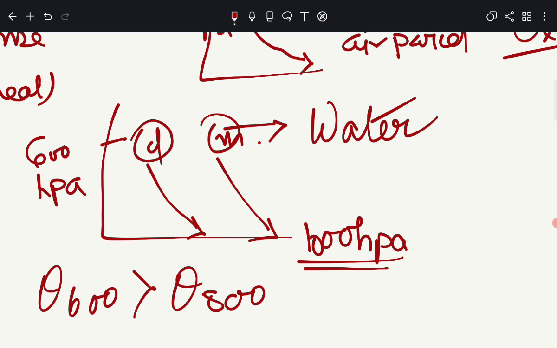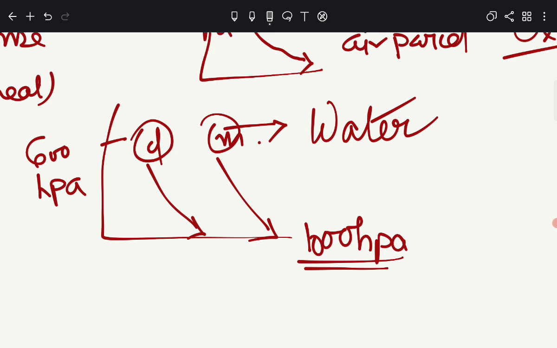It is comparatively higher because of the pressure change. So if you just bring this down, whatever temperature it attains due to the pressure change is the potential temperature. In this case, whatever temperature it attains is known as the equivalent potential temperature. In that case, if you have water, then obviously that water will try to